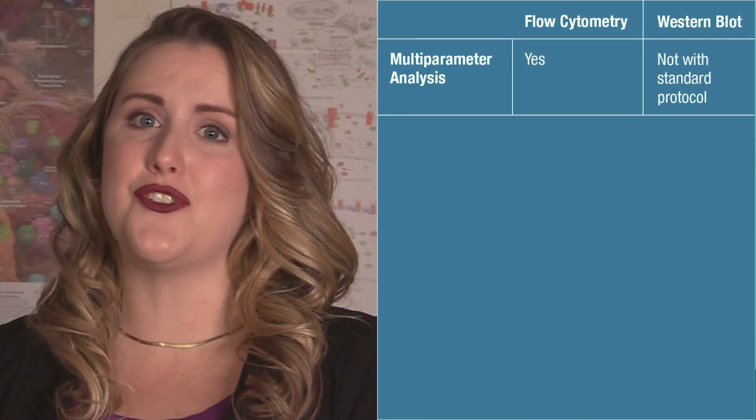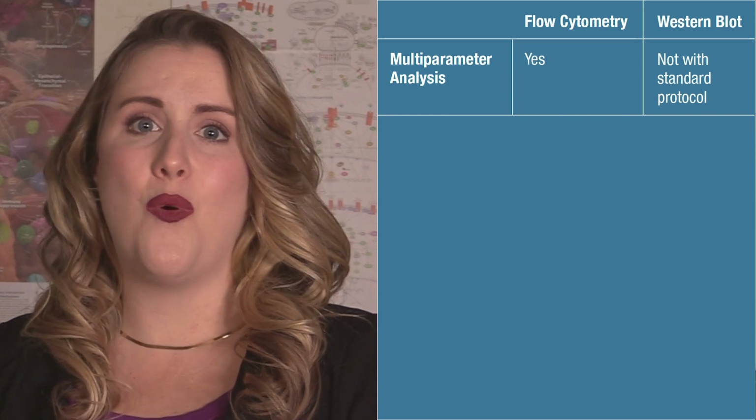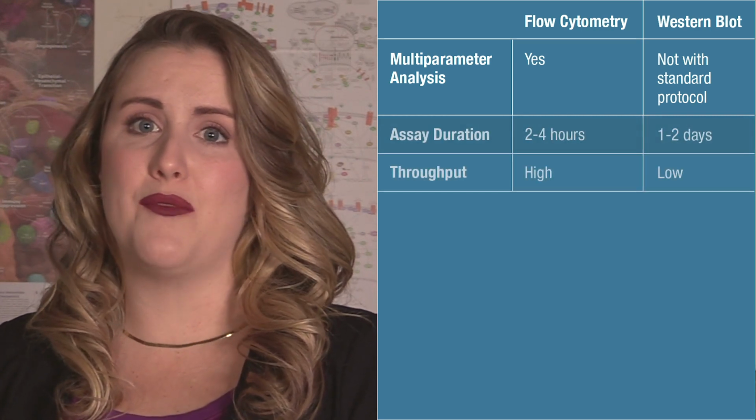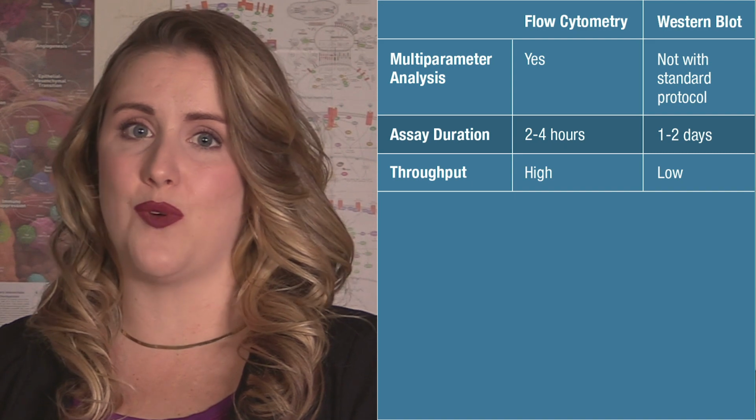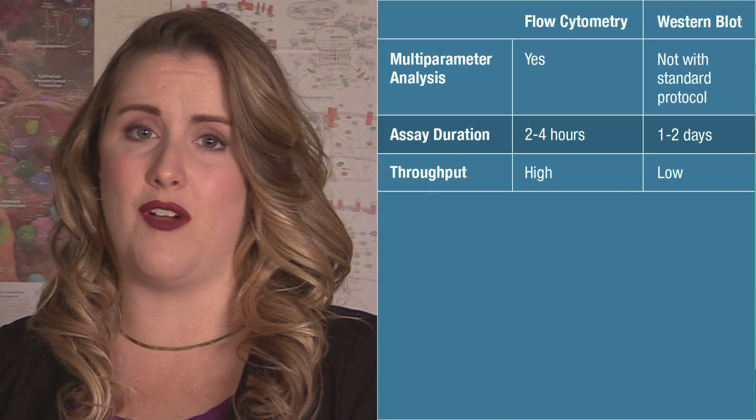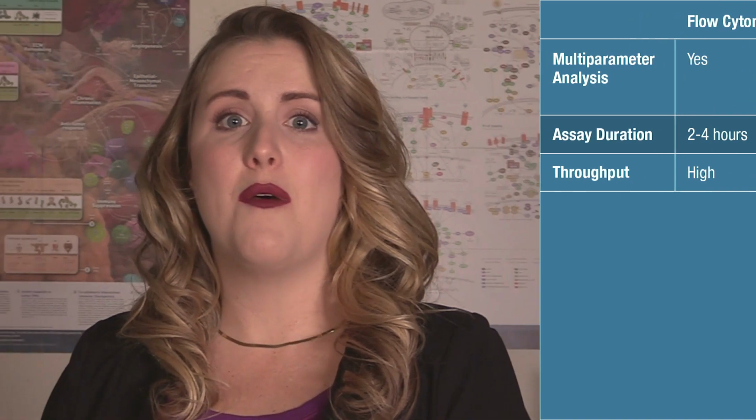Situation 1. You want to analyze multiple targets in the same sample in a shorter time. Multiple targets means using multiple antibodies. To do this with Westerns, it's possible to strip and reprobe the blot or set up multiple blots. But reprobing adds a lot more time to your workflow, and running blots in parallel requires more lysate. Multiplexing antibodies with flow saves time, and you can get more data from your samples.